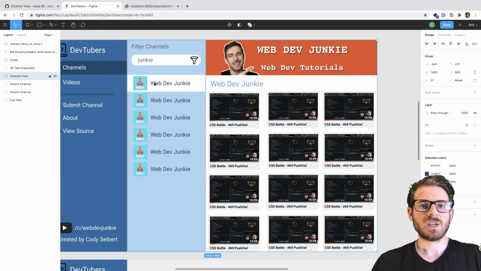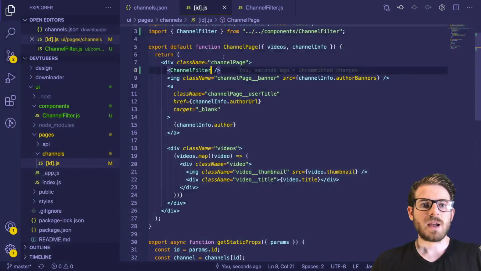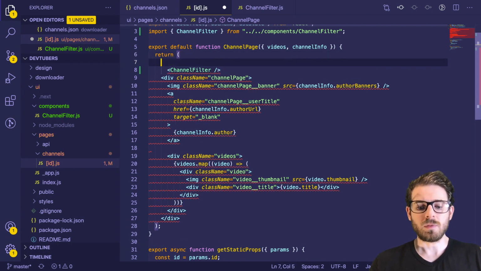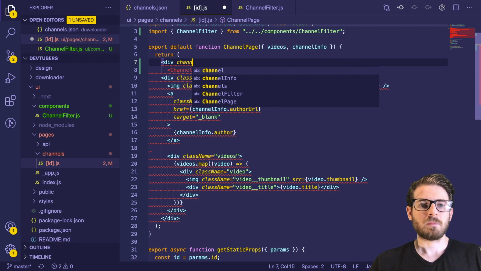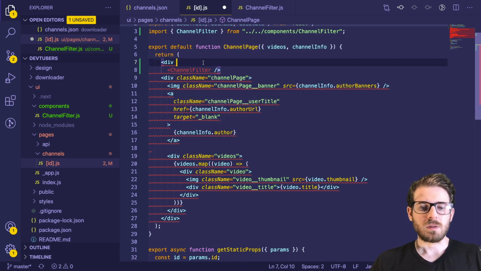But in order to achieve this design that we have in Figma, we probably want to do either a CSS grid or maybe some type of flexbox so that the channel filter shows up on the left and then all the stuff shows up on the right. So let's take a step back to the code, and instead of nesting the channel filter inside the channel page, maybe we should put it at a higher level and just wrap all this in a